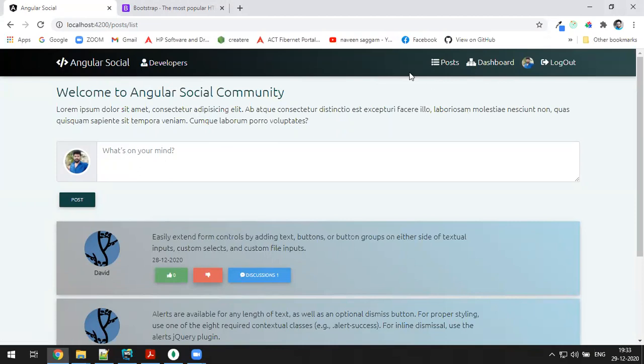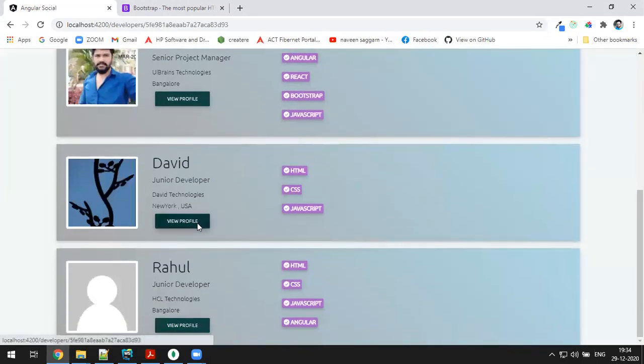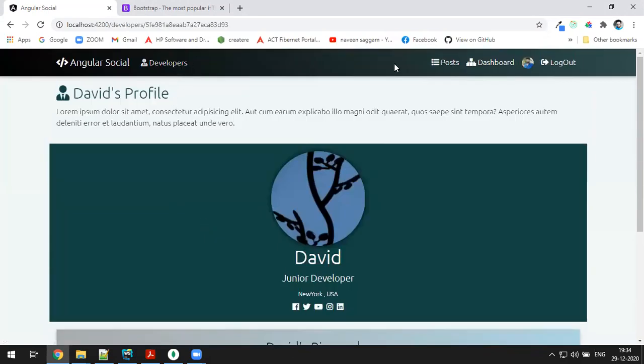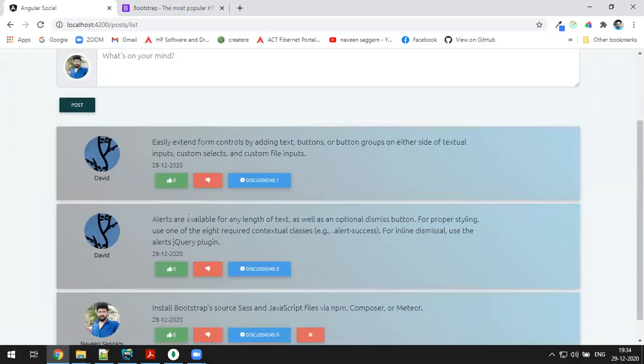Okay, so that's fine. So this is what the Angular social application is. You have a list of developers, you can see the developers' profiles, and you can go to the dashboard for yourself, and you can register, log in, edit profile, add experience, everything. You can create a post, but the post does not have image upload functionality.